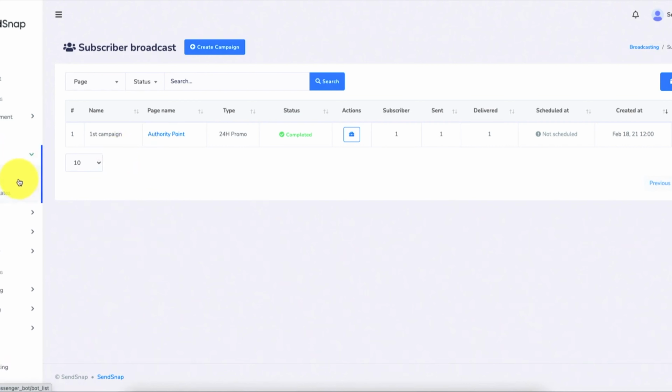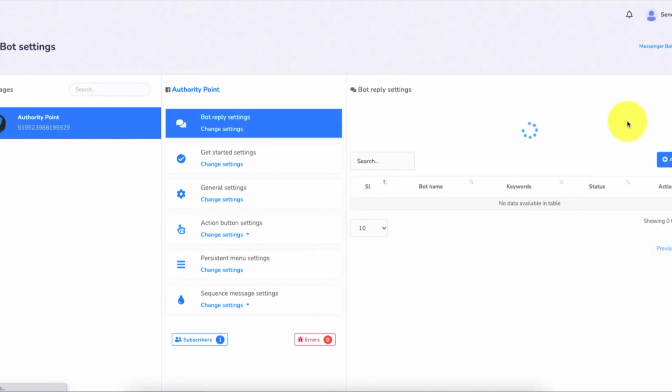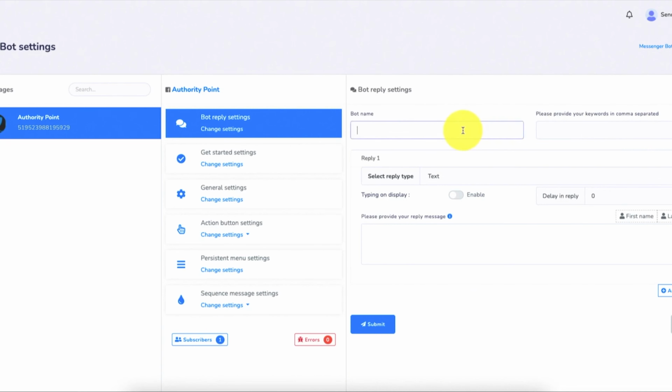If you want to set up a chatbot, go to bot settings, just click on add bot reply. For example, first bot keyword. If you type price here, so if someone messages you with the keyword price in that, it will send an automated reply.